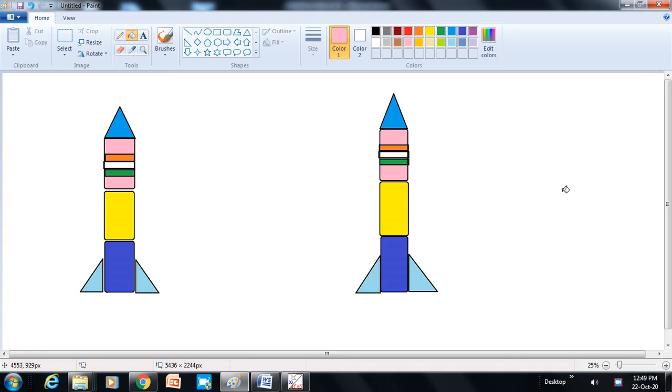So students, you can also create this type of shapes at your home, in your computer, in your laptop. Just try to create this kind of shape using these shape tools. There are so many tools. Using these tools we can create different types of shapes. So students, I hope you have understood how to choose this shape and create this kind of figure. So I hope you will draw this figure at your home.